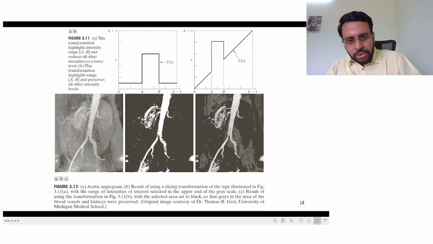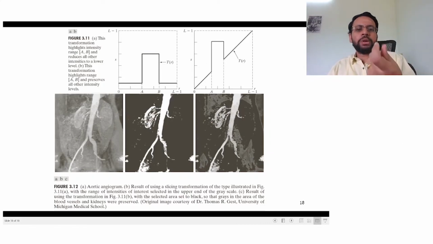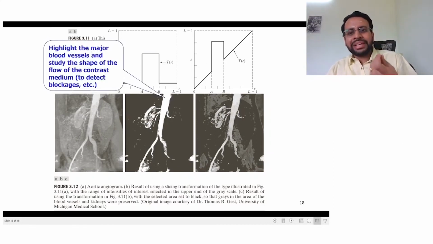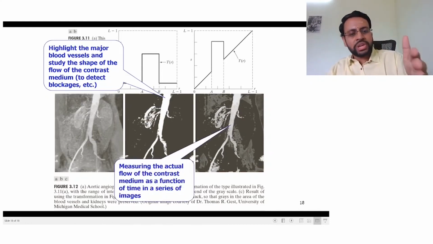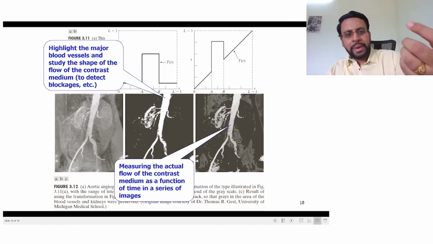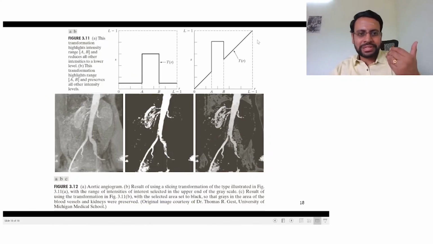So in that case, if you figure out the intensity range for the blood vessels and then apply a transform like this, what you would end up seeing is just these blood vessels, and then you could probably take a look into whether there are any clots there with this transform. Another transform is where the remaining are also kept in the background, and then this might also help you to visualize a few other structures that are there in the background, but still being able to see the blood vessels more predominantly in the image. With that, we will wrap up this lecture, and in the next video lecture, histogram based